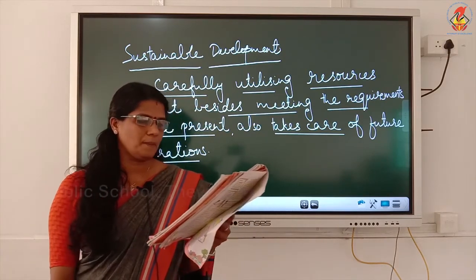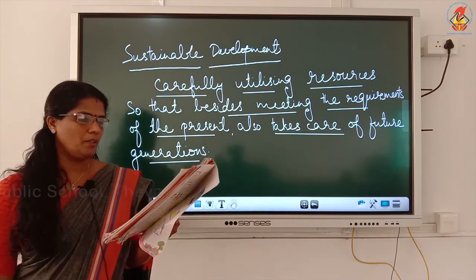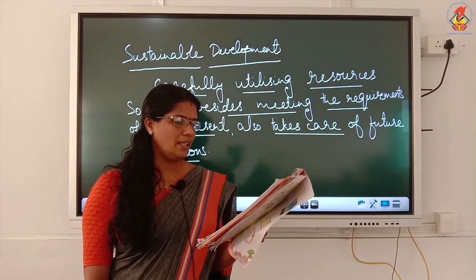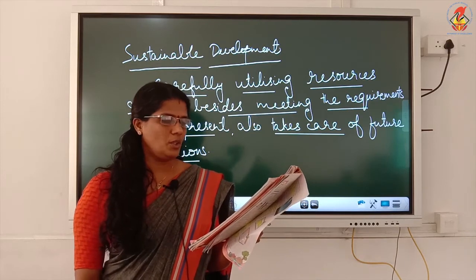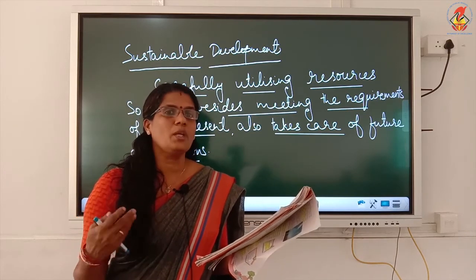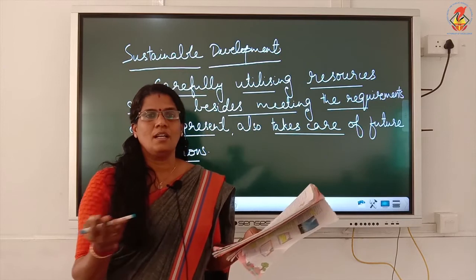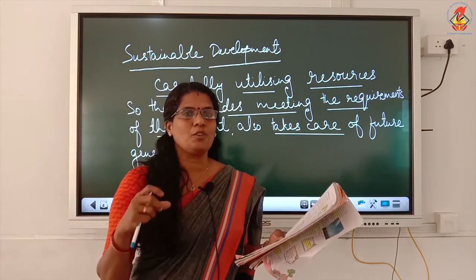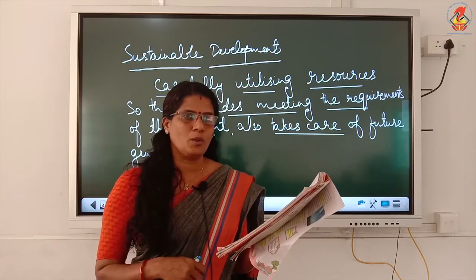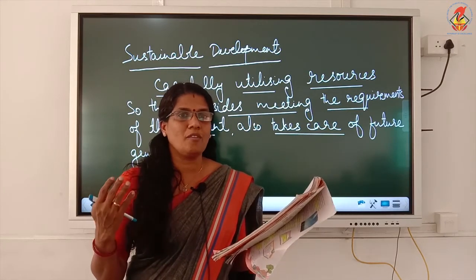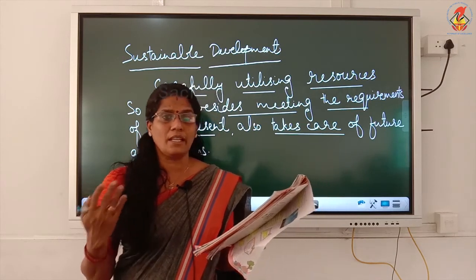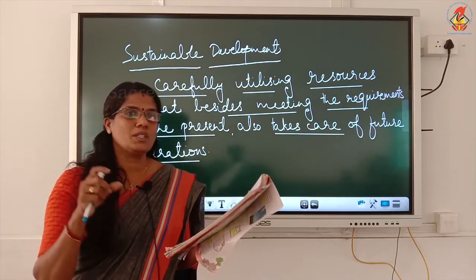First point, put point number 1 there: reducing consumption, recycling and reusing things. So, you can see in different ways we reuse things. In the last vacation we all did reusing of things. Yes, we all know how to make carpets out of old clothes. We all did different ways of reusing things, and recycling can also be done, and reducing consumption.